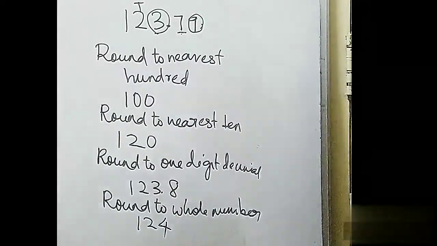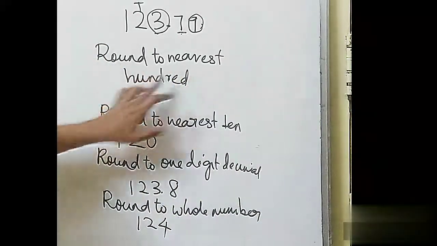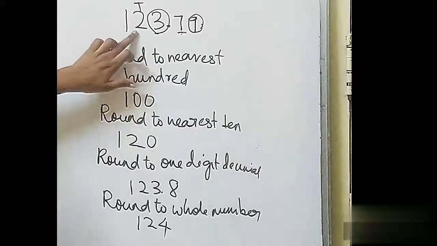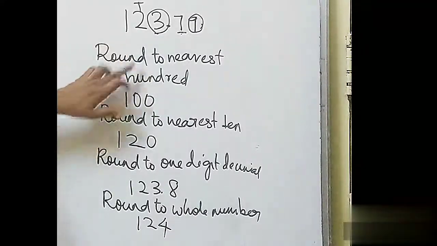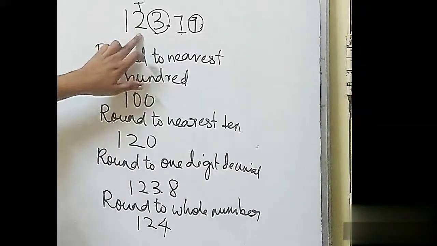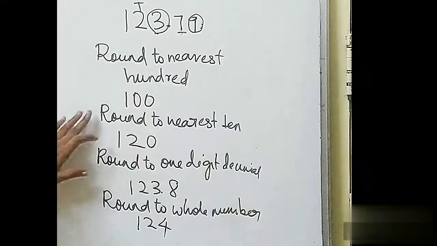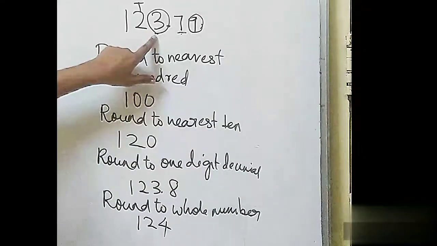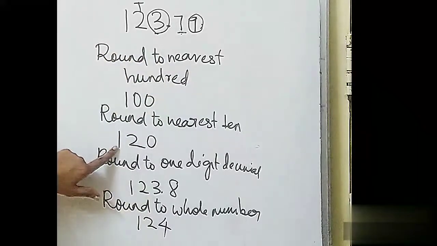Okay. Now, once again I will repeat because this is quite confusing. Now round to nearest 100. To round to the nearest 100, you have to first see the 100s place. What is the 100s place? 1. So see the next number, 2. Is 2 greater than 5 or less than 5? It is less than 5. So I'll keep this 1, I'll make everything 0. Same thing happens for nearest 10. Now see the tens place, 2. Move to the next number, 3. Is 3 greater than 5 or less than 5? It is less than 5. So I have rounded off.